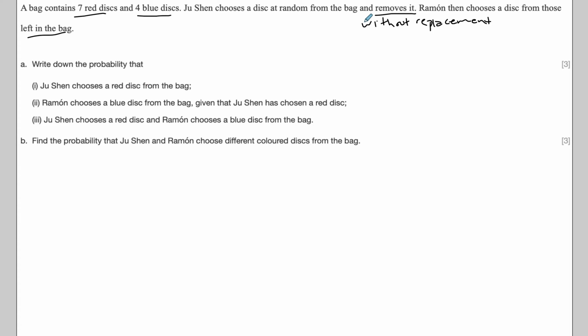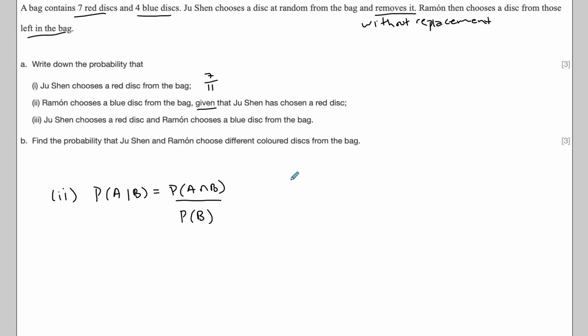Jushan is the first person that picks the items. So there are 7 red disks, and there are a total of 11. So 7 plus 4, that's 11. So that's the probability, quite straightforward. The second part is a conditional probability because you have the word "given" in there. So for part II, we have to use the rule that the probability of A happening given that B happened is the probability of A and B happening